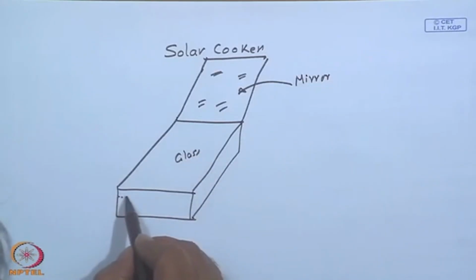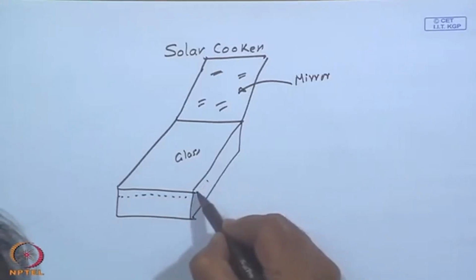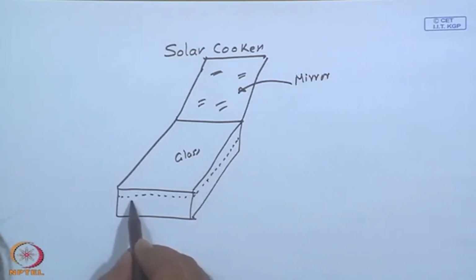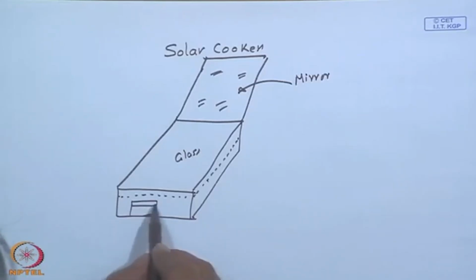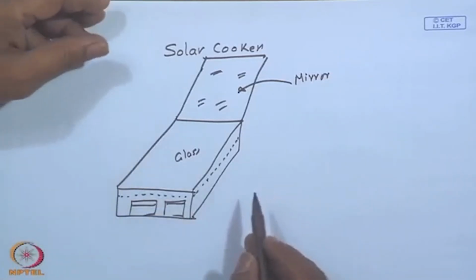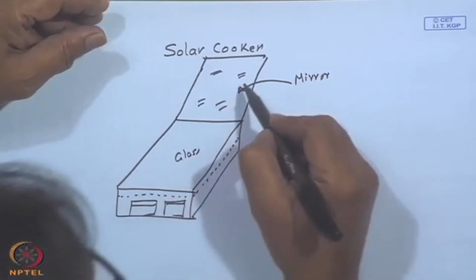There could be even two, and then you have your utensils. Place 3 or 4 of them as the case may be. Now, the angle of this roof or the lid is such that